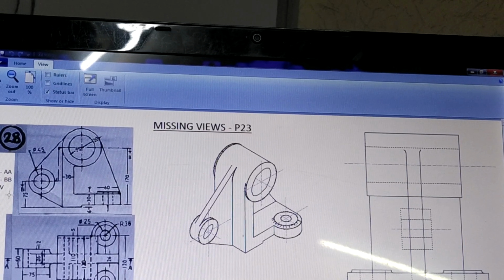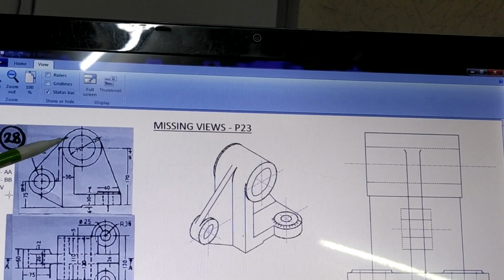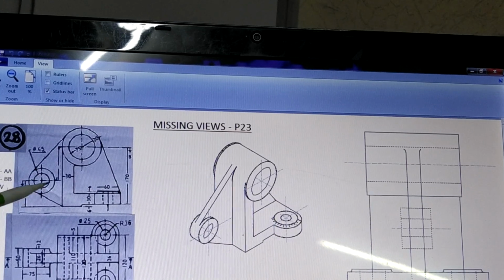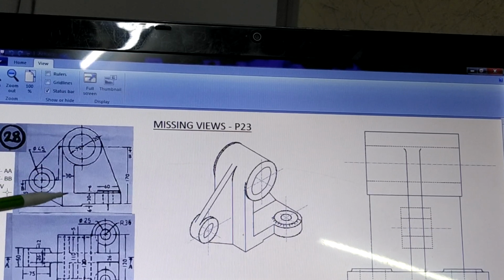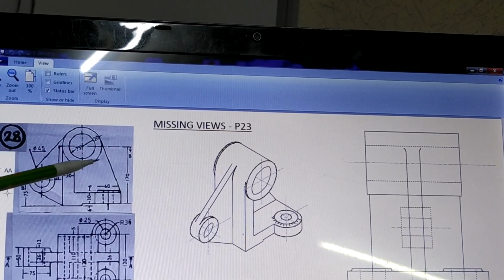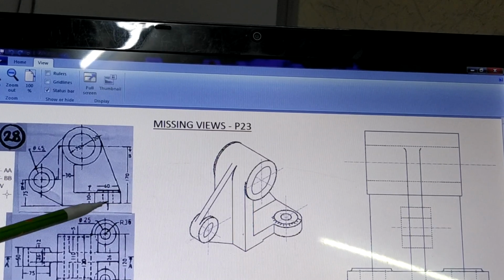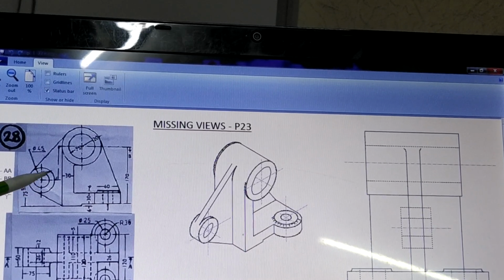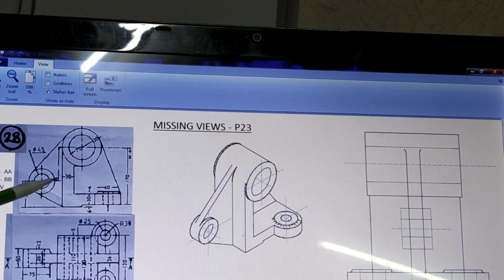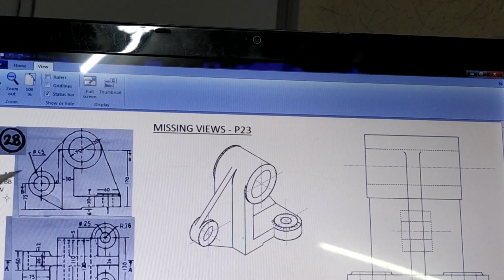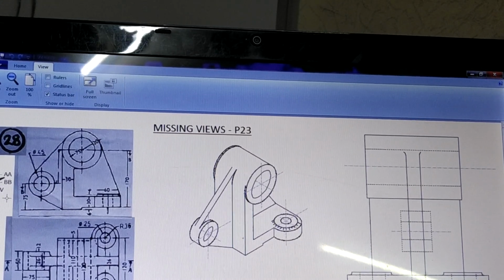It is asked to draw the sectional front view, section AA. So this top view, when you cut from here, the given front view will be modified into a sectional front view. So when you do that, this pipe is cut, this pipe is also cut, this is a vertical support, this is a horizontal support, so both are cut. So the section lines will be there all over this place, inside this, up to here, leaving this hole. And on this side, the section lines will be there all along the surface of this particular hole. No section lines in this rib, no section lines in this rib. That becomes your sectional front view, section AA.